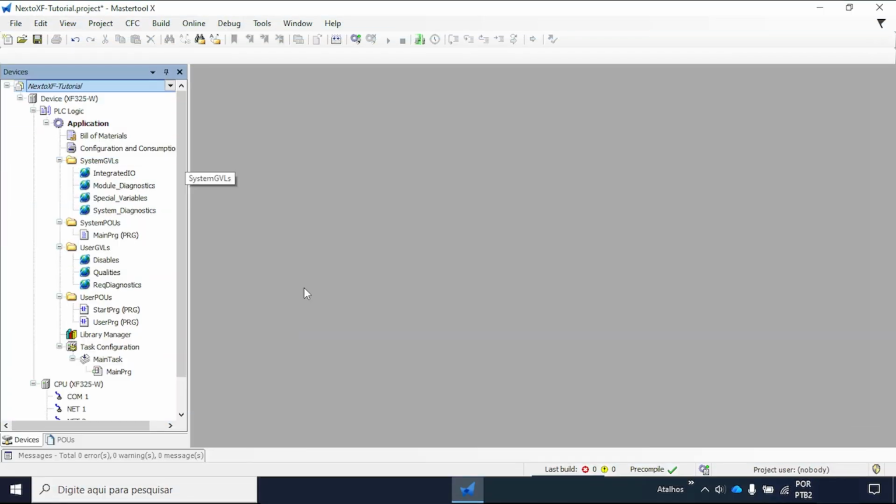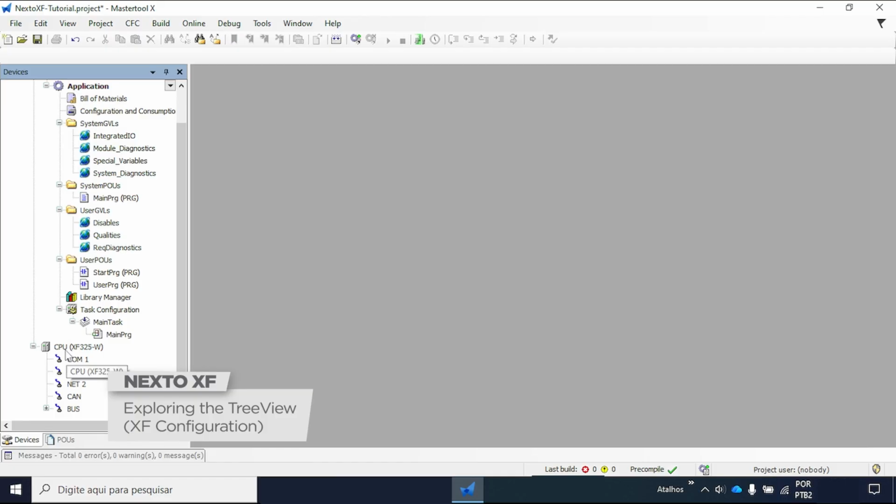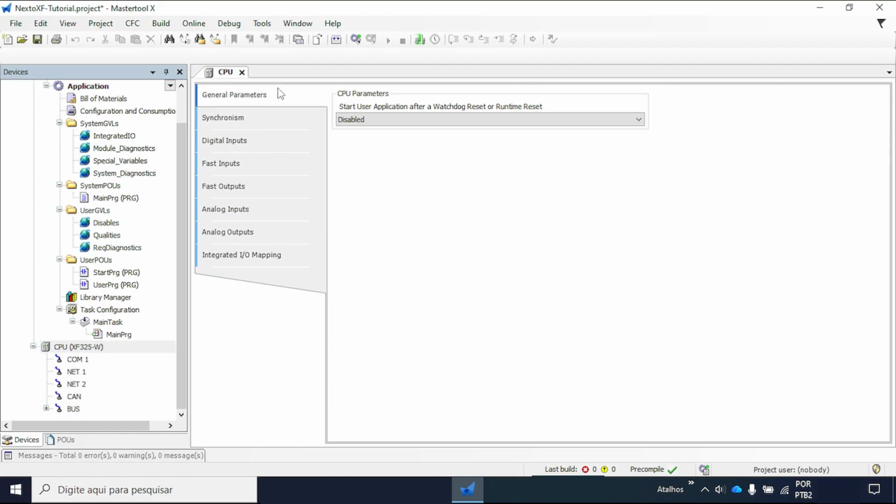Hello everyone, in this video we are going to continue to explore our project's tree view. So first let's begin with the CPU object, and here we have all the general parameters of our controller, inputs